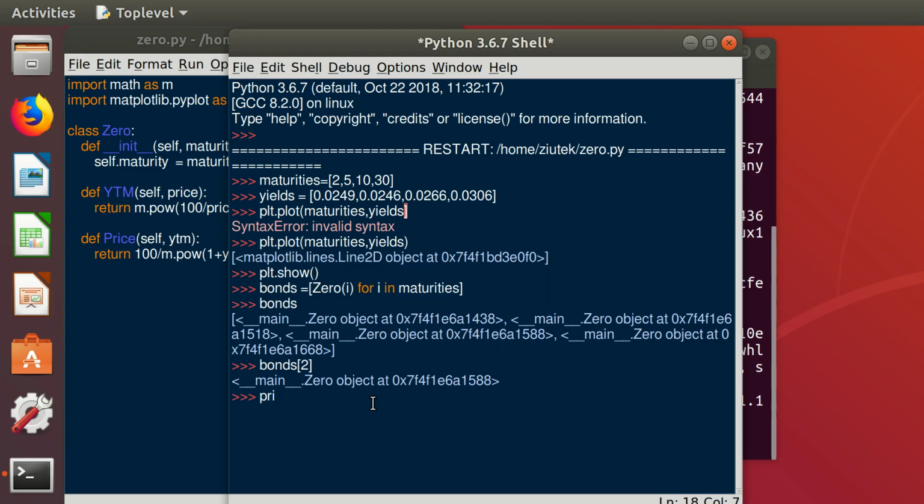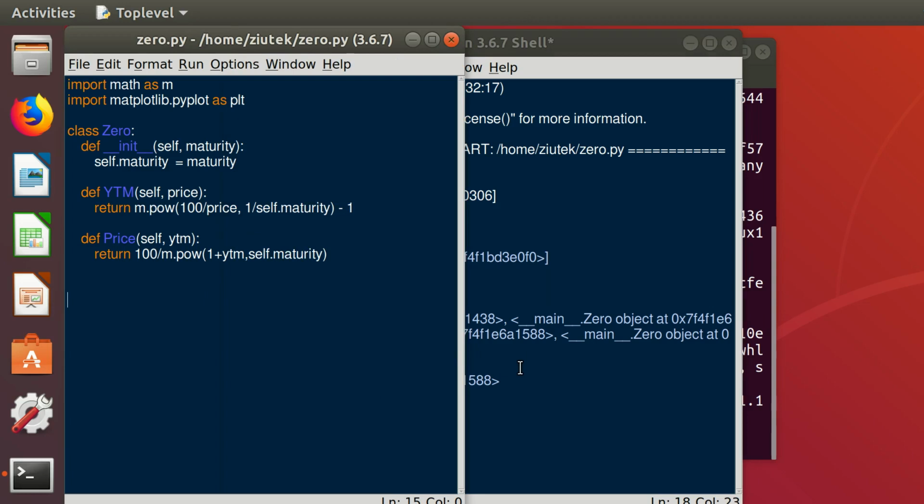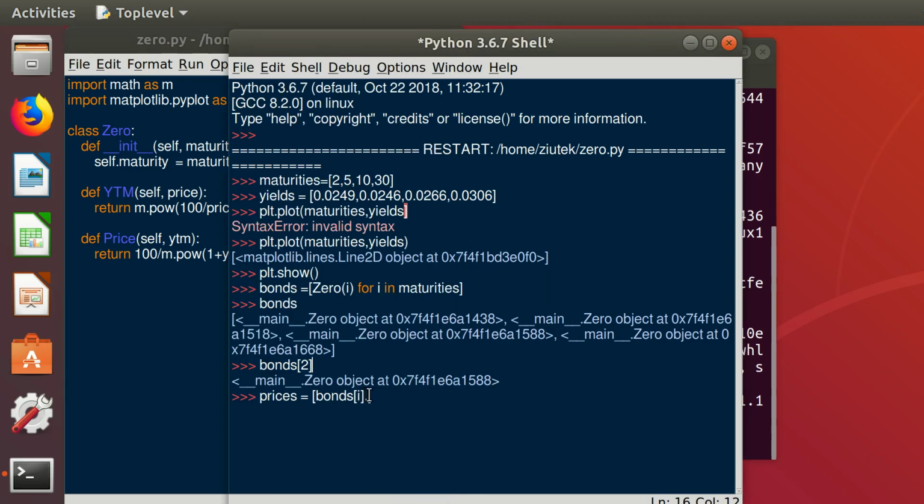So now we create an array of prices. So it's also going to be an array. So what we're going to do here is we're going to call those bonds. We're going to iterate through those bonds. So we're going to take bonds with index I, and we're going to calculate the price. So we're going to call this method of the 0 class. So we're going to put price here,